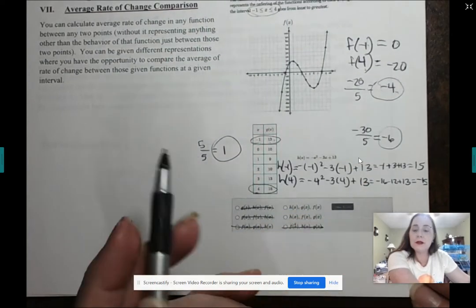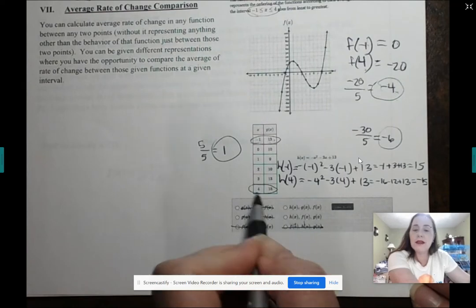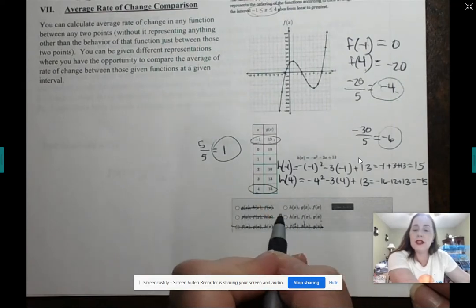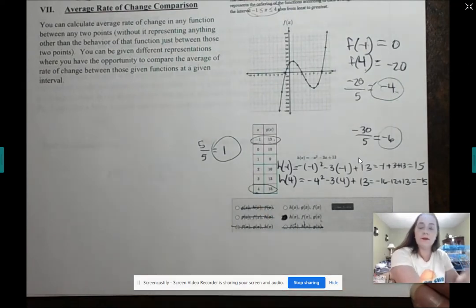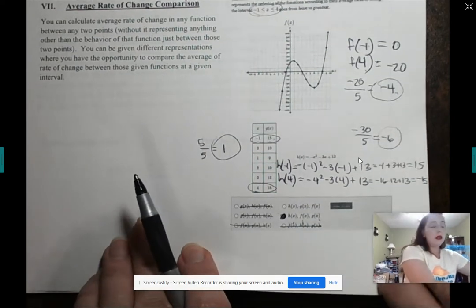Then the next smallest was f of x. And then the biggest rate of change was g of x. So this is what I want to choose. So it looks like a lot of work, but it's really just kind of a slope formula, using the same 2 x values to represent that interval. Okay, so now,